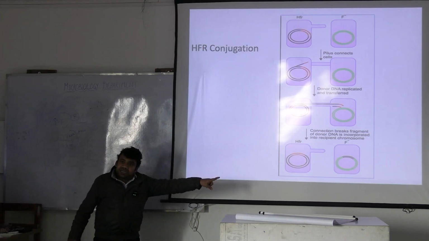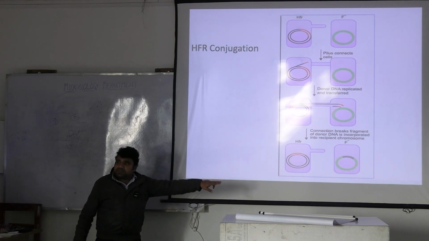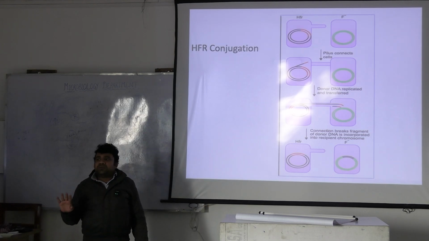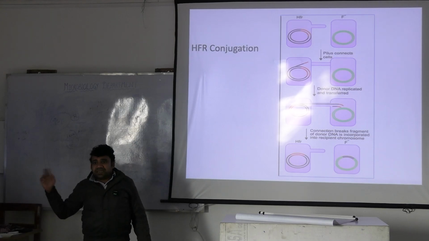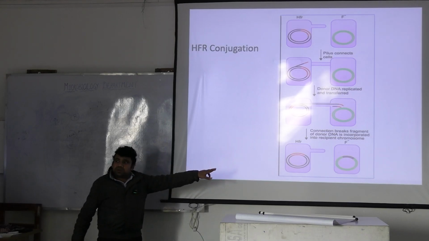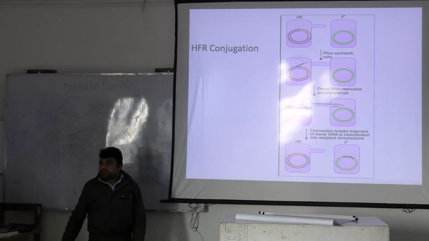The chromosomal DNA has integrated, but this bacterium, that is F minus, has not acquired the ability to transfer the chromosomal DNA to another one. That ability still remains with the donor. Is this understood? What was the previous one? In the previous one,